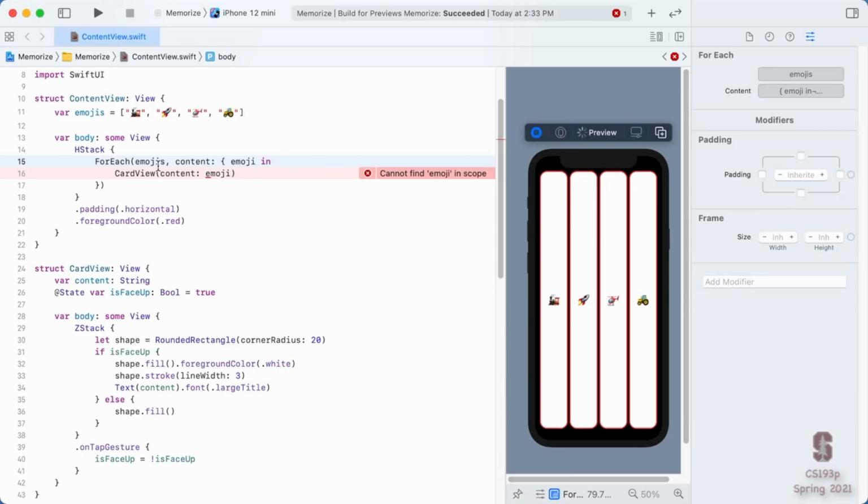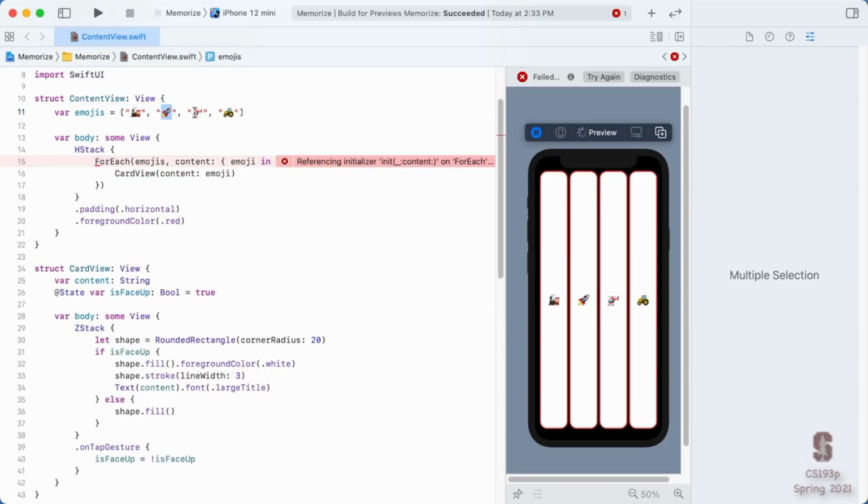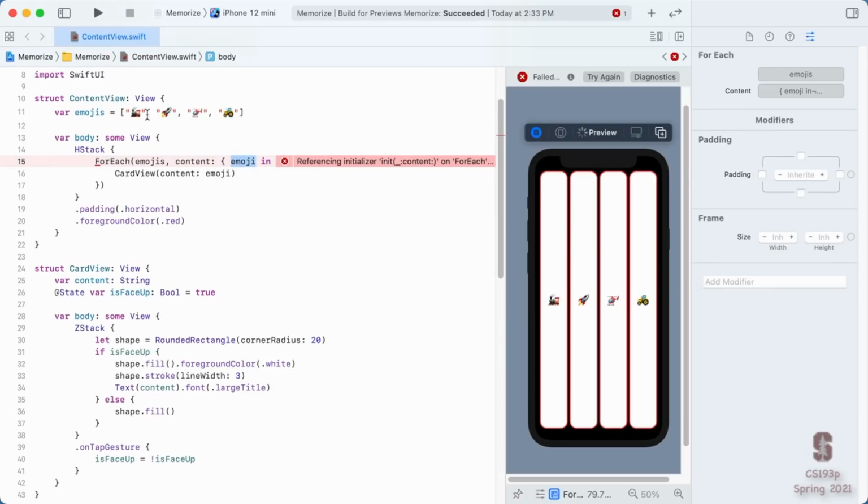In this case, the for each only wants to pass one argument, which is the thing that it's currently working on as it goes through each of these. So this is going to be the emoji string. So it's going to be the train the first time through, and we're going to create a card view of a train. Then there's going to be a rocket ship the next time through. We're going to create a card view for the rocket. And those are all going to be put in this Lego bag that's being created by this for each. Very simple.